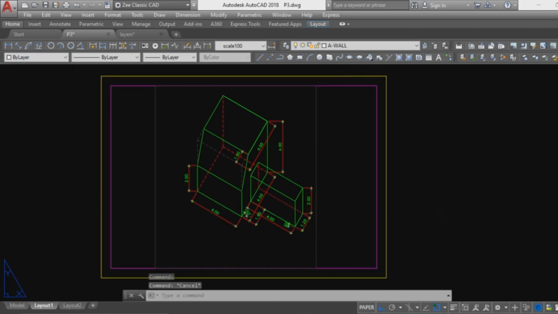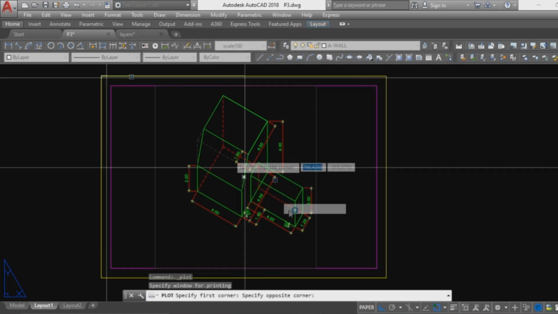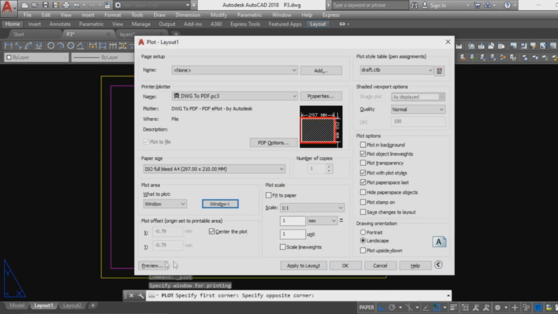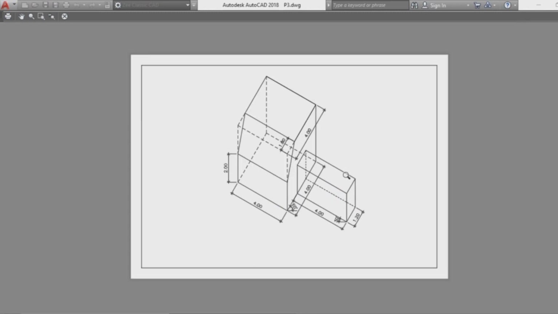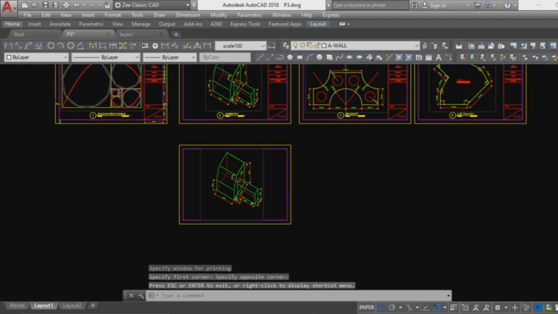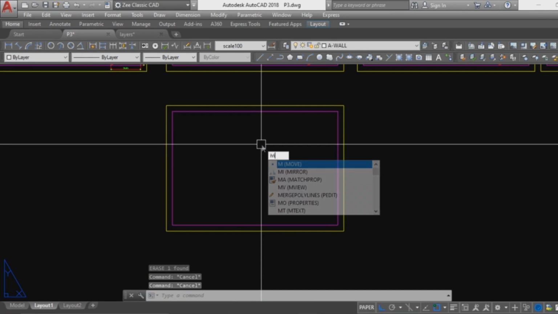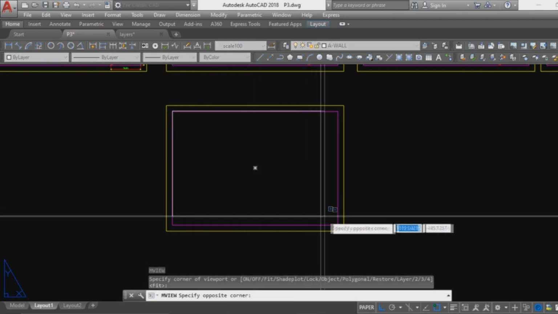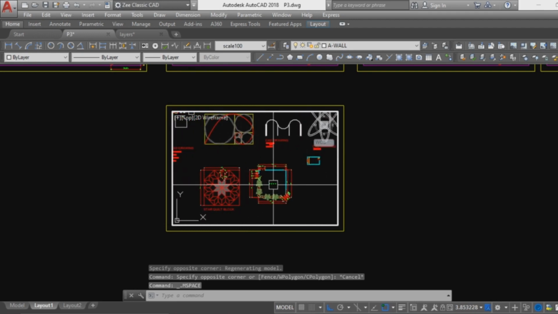So, to preview, here. That's your drawing. Naka-plot na siya sa A4 size na bond paper. So, again, MV, create a rectangle, tapos double click, hanapin mo yung drawing mo na nasa model space,